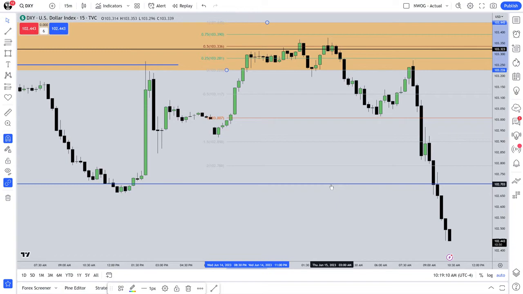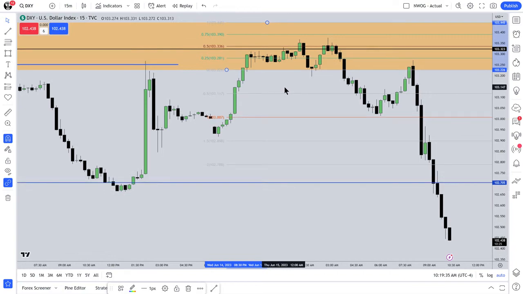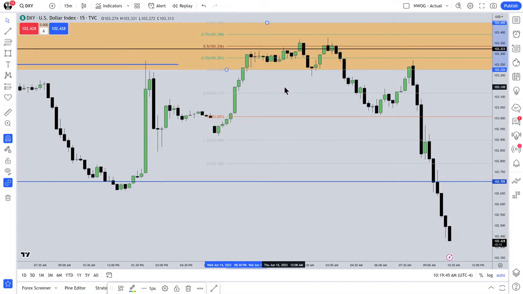So each individual day, we have to weigh out, does it run into that shaded area up here, which is what I outlined. We want to see, does the algorithm offer price there? And if it does, once it enters it, at what time of day? Well, what market are we looking at? Dollar. So primary interest is nailing down the high of the day. Where is the high of the day going to form in a market that is trading at a level we expect the price to react to?